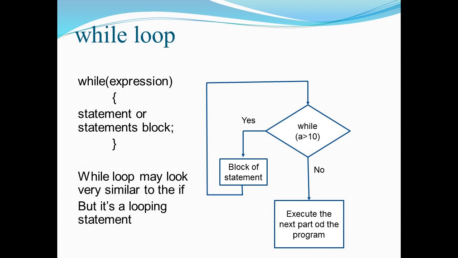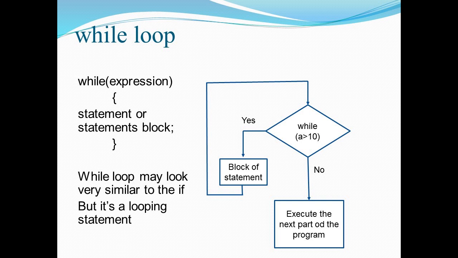Now let us learn the first loop, which is the while loop. The syntax is very simple. The keyword while, and after that within the rounded brackets we have to write down the expression. Whenever this expression is true, the block of statements will be executed again and again. The block of statements is written within the open and close parenthesis. At first, the while loop looks very similar to the if statement. But remember one thing, an if can be executed only once, whereas the while loop can be executed again and